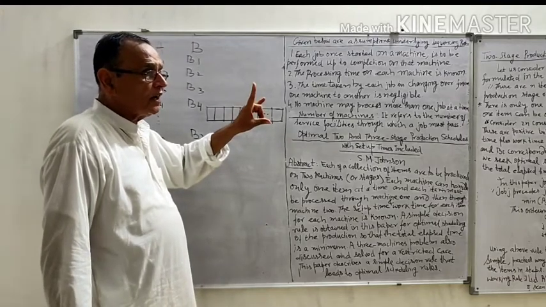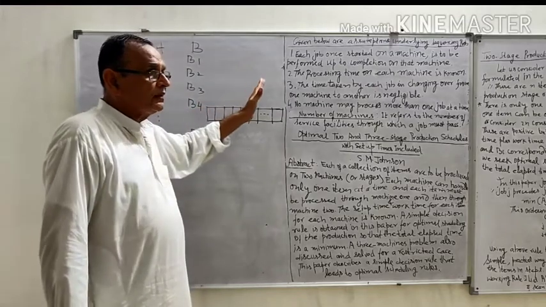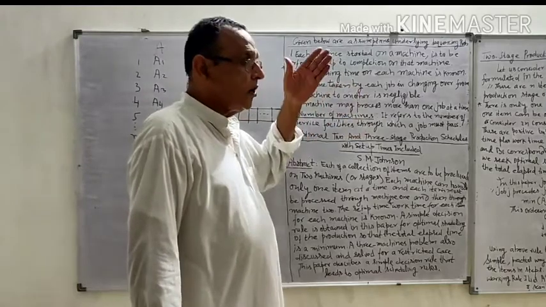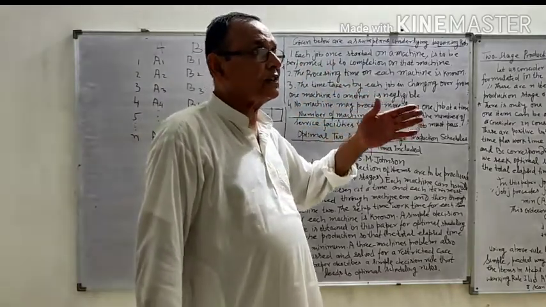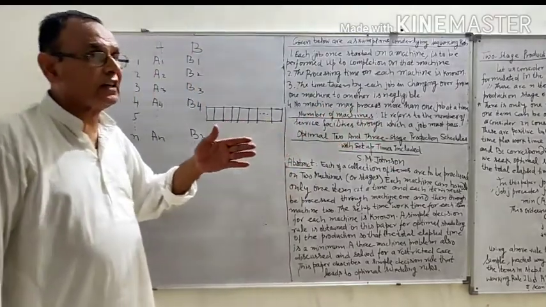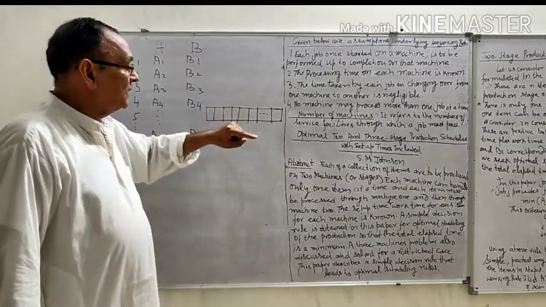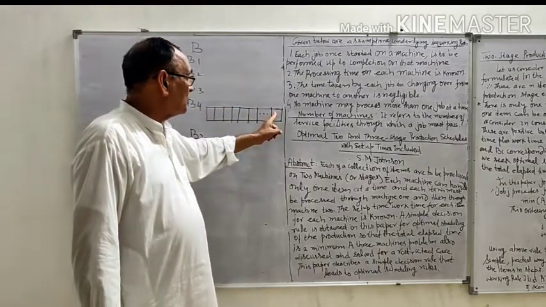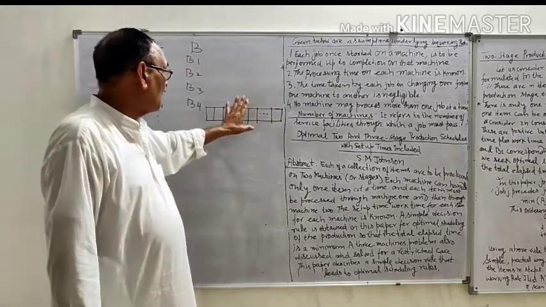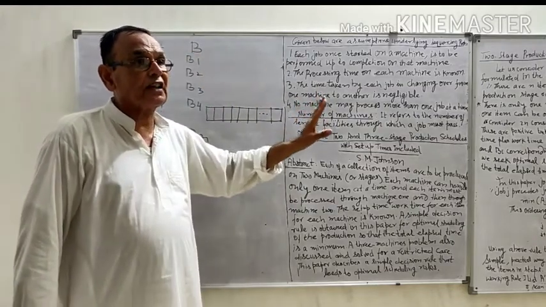Again, first you have to write processing times in 2 vertical columns. Then in the second step, you have to scan all processing times for the shortest one. If the shortest processing time occurs for machine A, then you have to put it here in the first place, and if it occurs for machine B, you have to put it here, and then the remaining columns are to be filled by the remaining jobs using the same procedure.